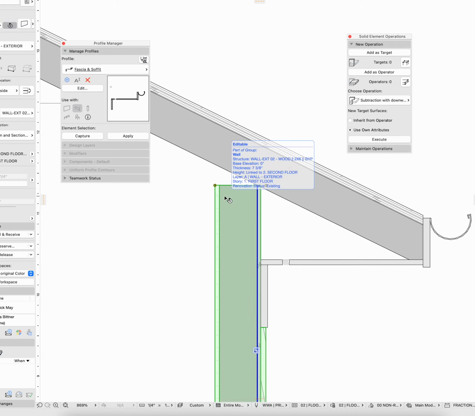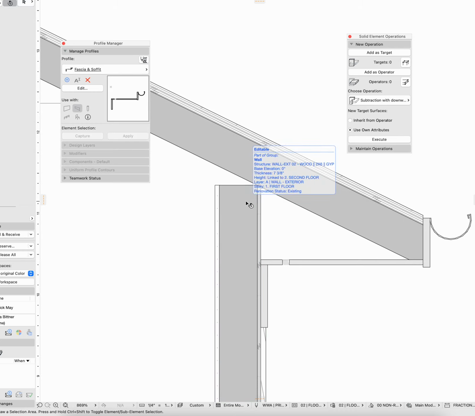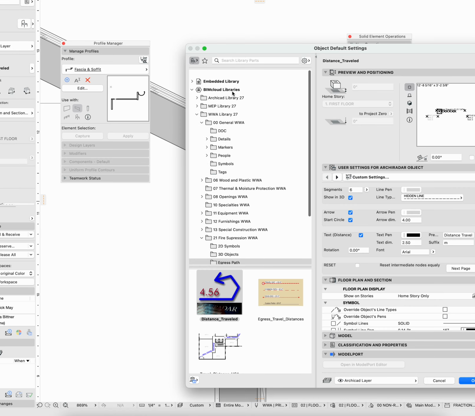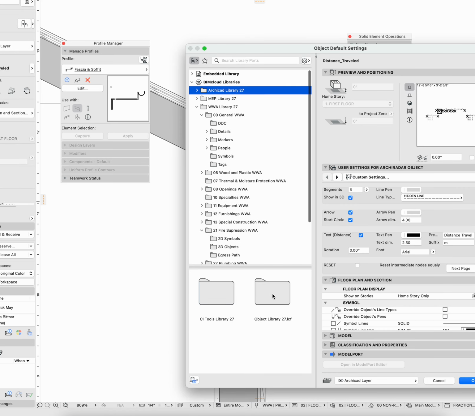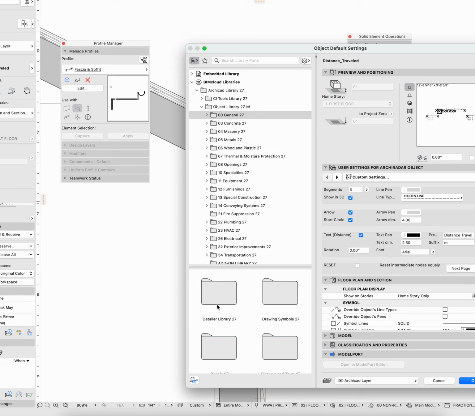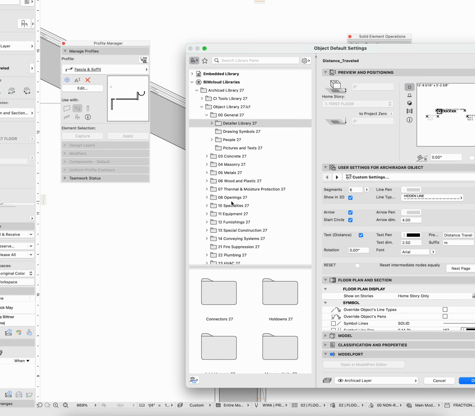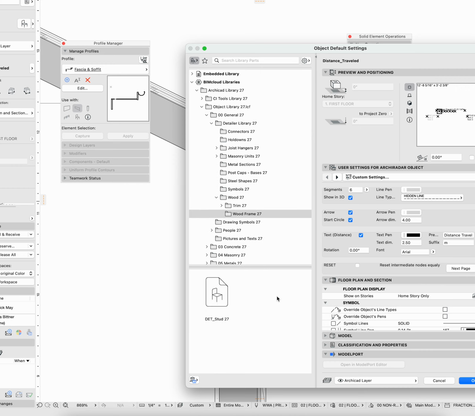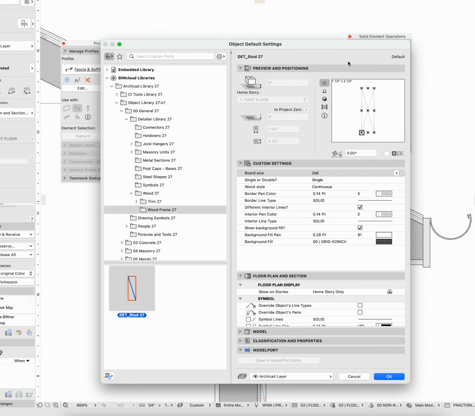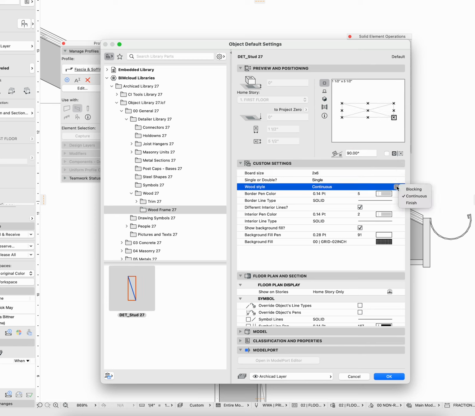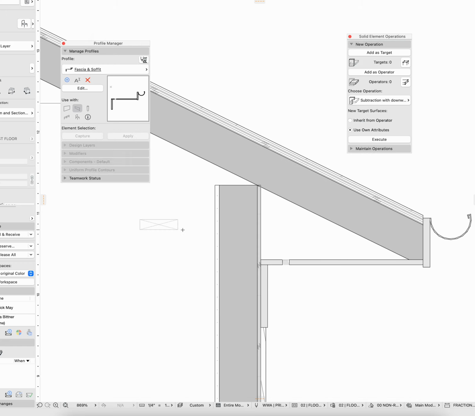For things like top plates and stuff, for your building sections, under the ArchiCAD library, object library, general, detailer library, and then in here it's under wood frame, right? So there's wood frame objects. You can set the pens to whatever you need. There's single and double. There are continuous blocking and finish. So if I said continuous here, we'll go ahead and say okay here,